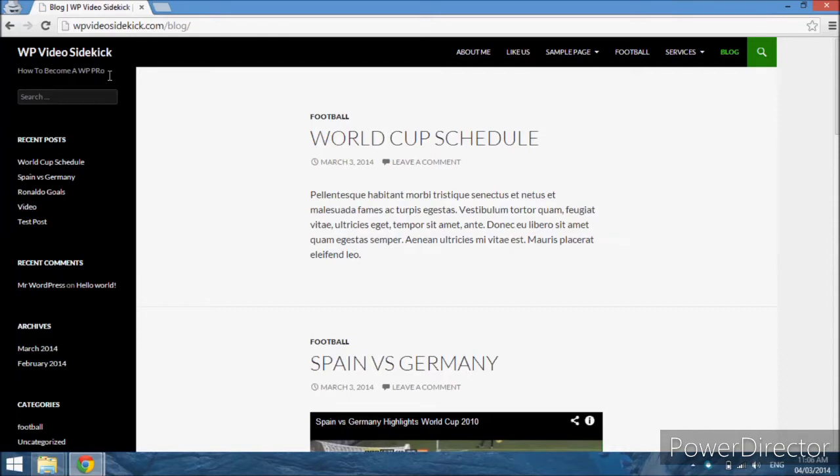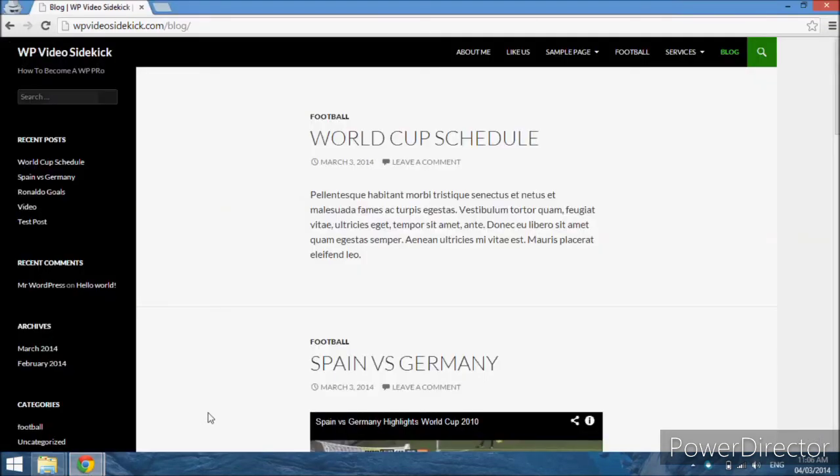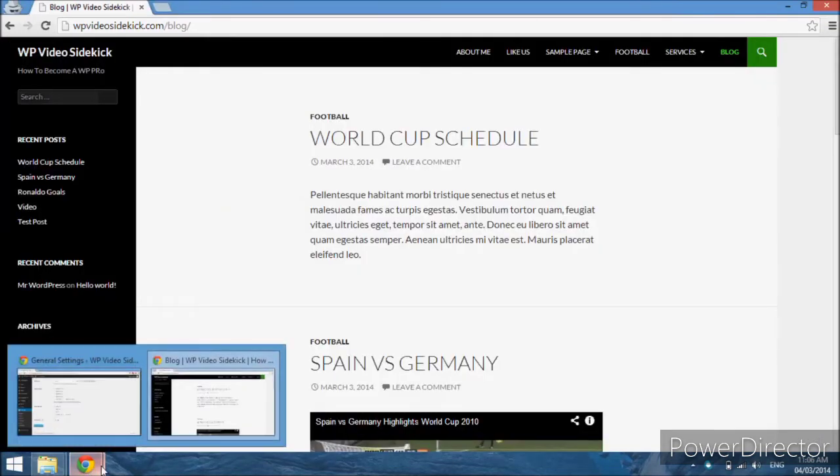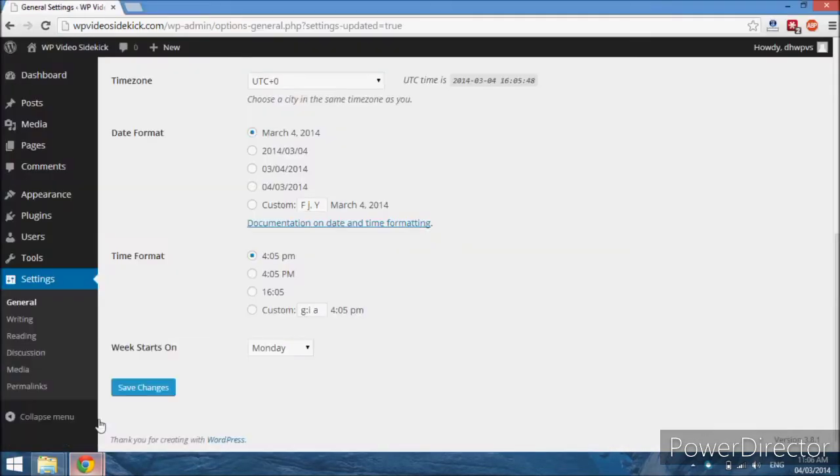And just keep in mind that if you use something like a header or a logo, then in some themes that information may be removed, or you may have the option to keep the text as an overlay on your logo or header. So the next setting here is writing,